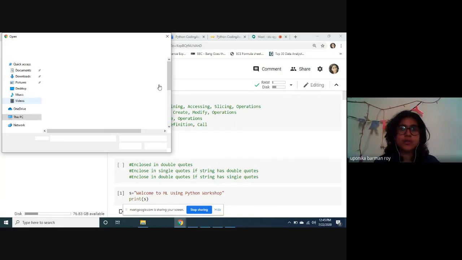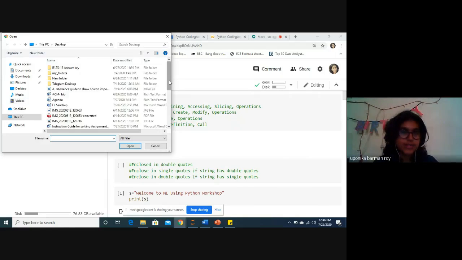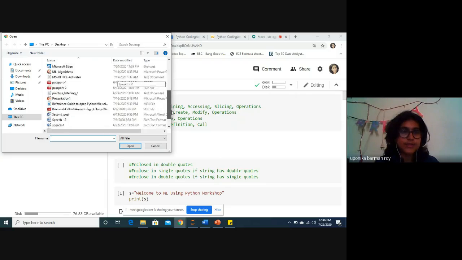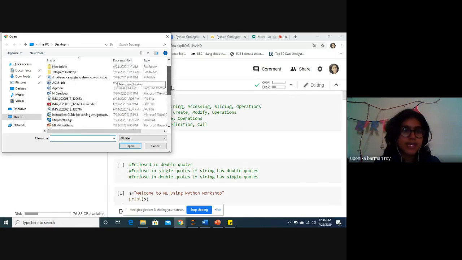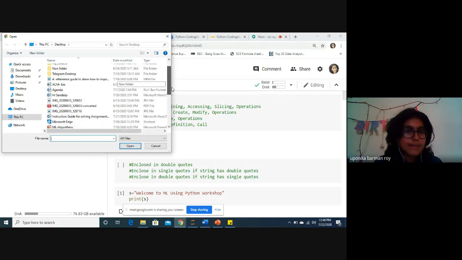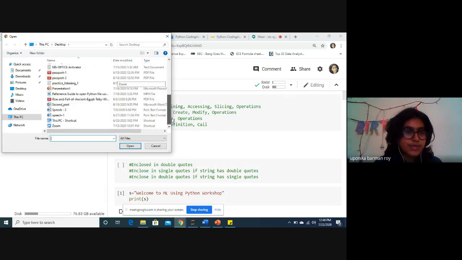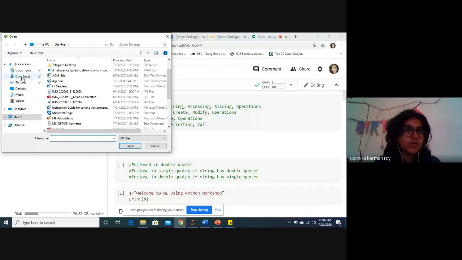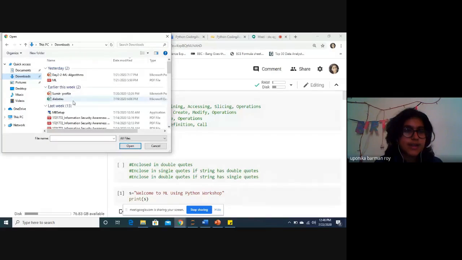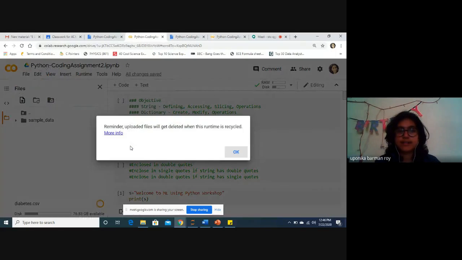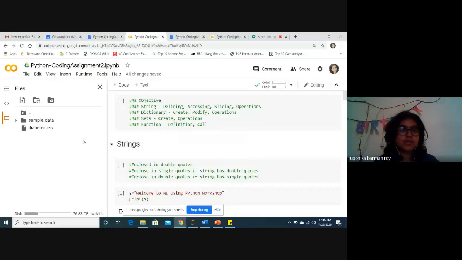It will open your local system's files, and you choose the file. Suppose I want to upload a file, I can go for this. This is a CSV file, and it has got imported.